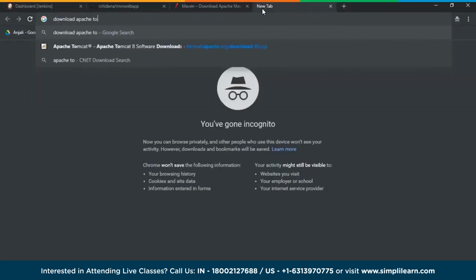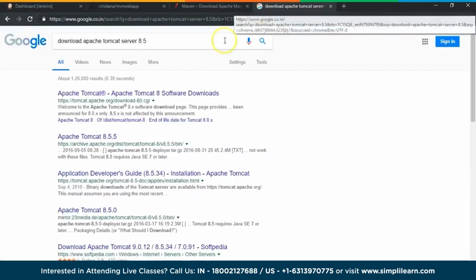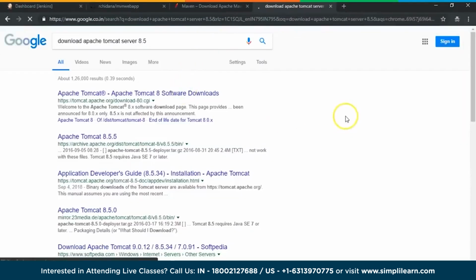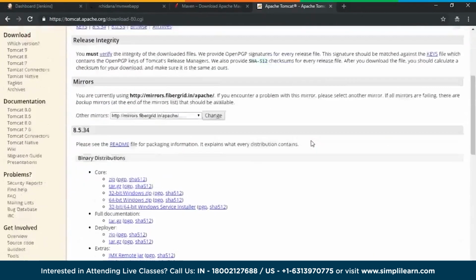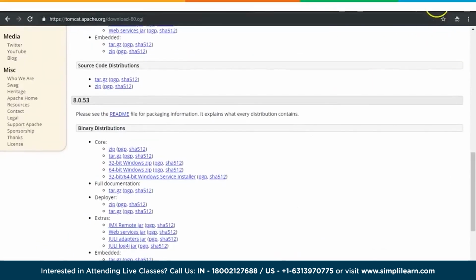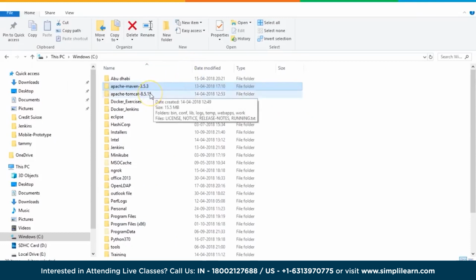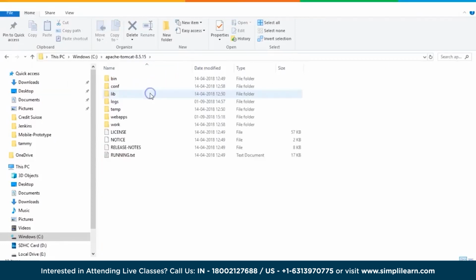Download Apache Tomcat server 8.5 is what I have on my system. So I'm just going to show you where to download this from. This is where you download Tomcat server, and I already have the server downloaded. Again, this doesn't need any installation. I just unzip it here